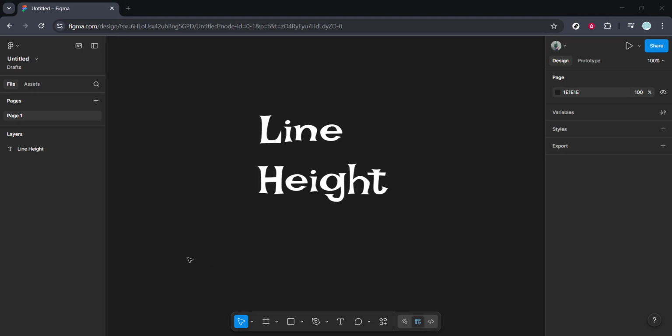In today's video, I'm going to teach you how to change line height in Figma. Mastering line height, also known as leading, is crucial for creating professional and readable designs. It significantly impacts the visual comfort and aesthetic appeal of your text, ensuring your content is both engaging and easy on the eyes. We'll walk through the simple steps to adjust this setting effectively, helping you achieve perfect typographic harmony